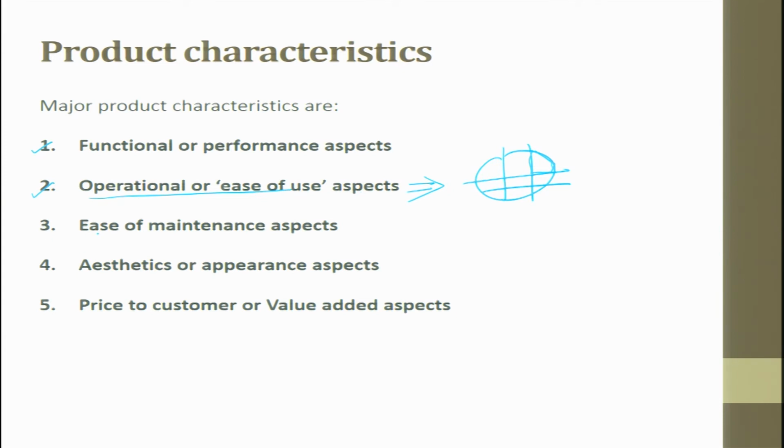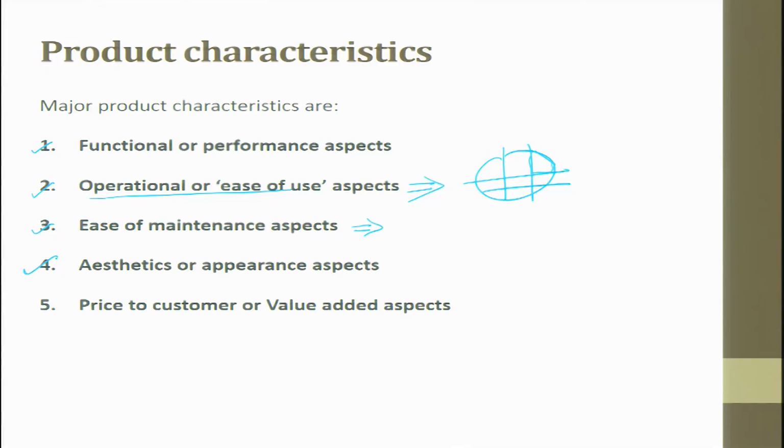Then easy to maintain aspect. Today people talk more about it. In fact, when we buy furniture today, earlier days people were looking at rich royal furniture. Today people have started thinking the furniture whatever we buy should have one of the major factors, how easy it is for maintenance. When we buy a car, that is what we ask, and when we buy a shirt or a pant, that is what we ask, right. What is the ease for maintenance?